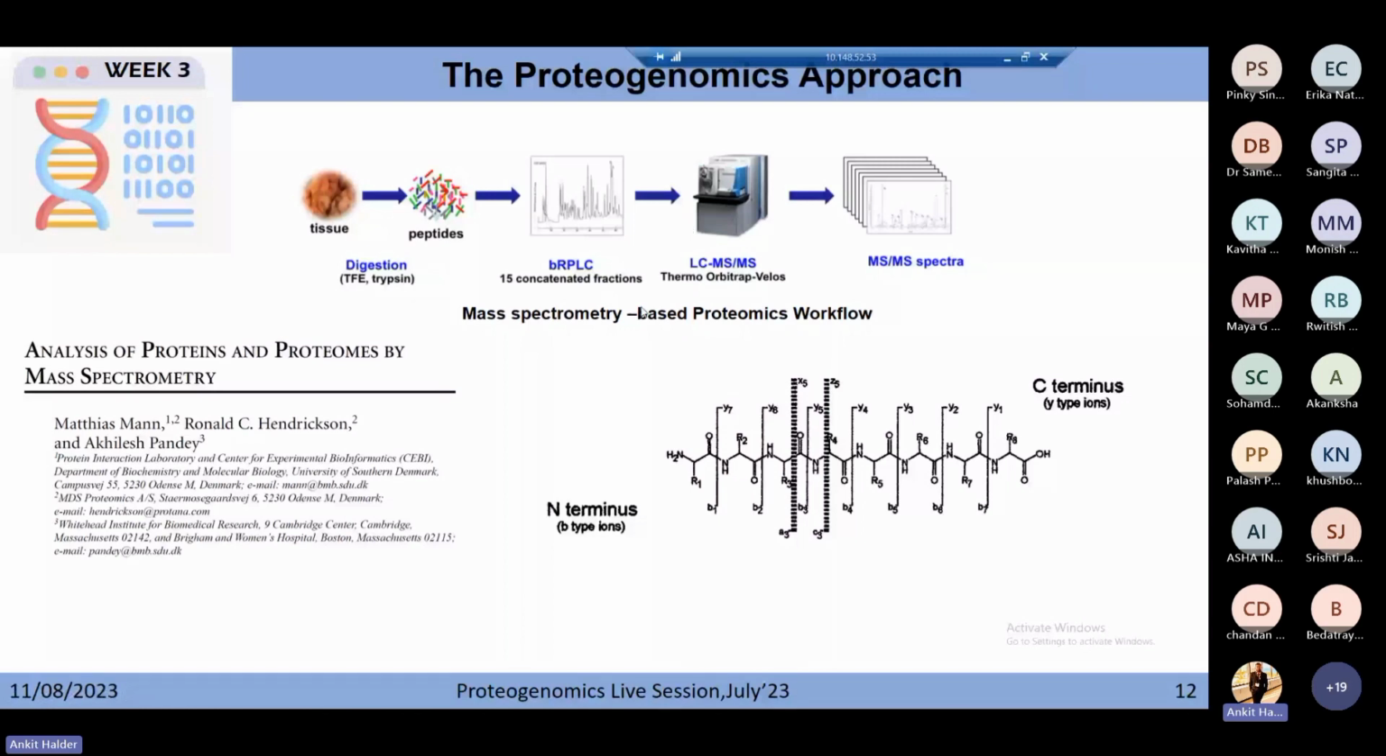So if you know that in reverse phase there is a column where the hydrophobic peptides get bound to it, and after that, by the mobile phase with increasing hydrophobicity, the peptides get eluted out, and then finally taken into the mass spectrometer. So in the reverse phase, after this liquid chromatography, when you have eluted out the hydrophobic peptides